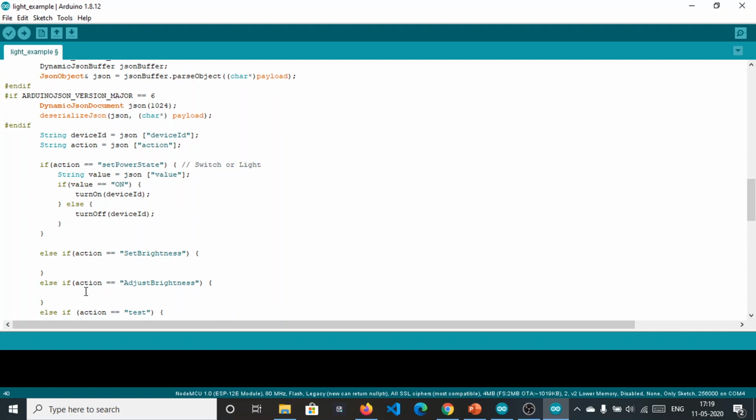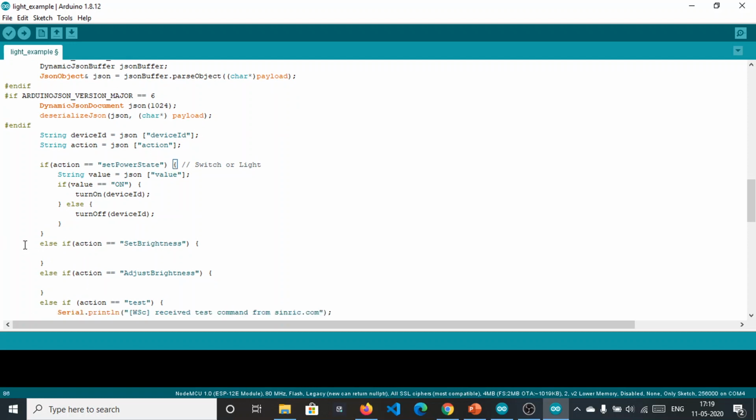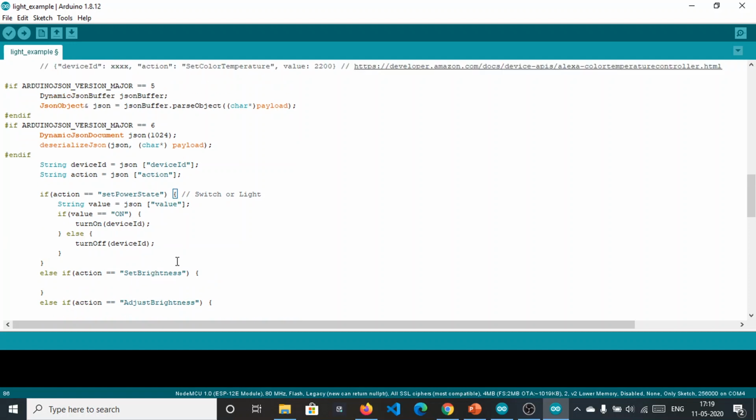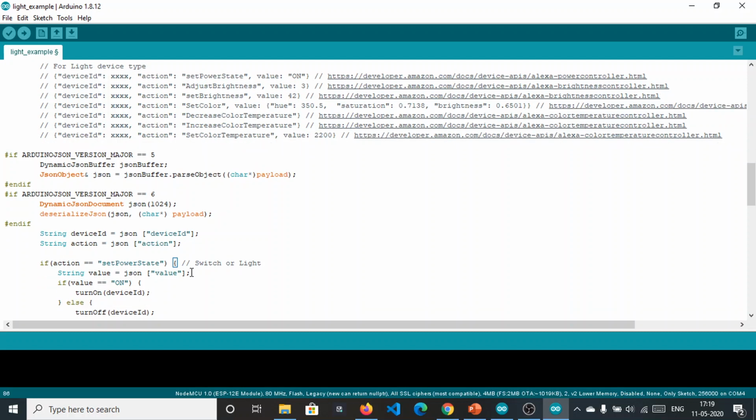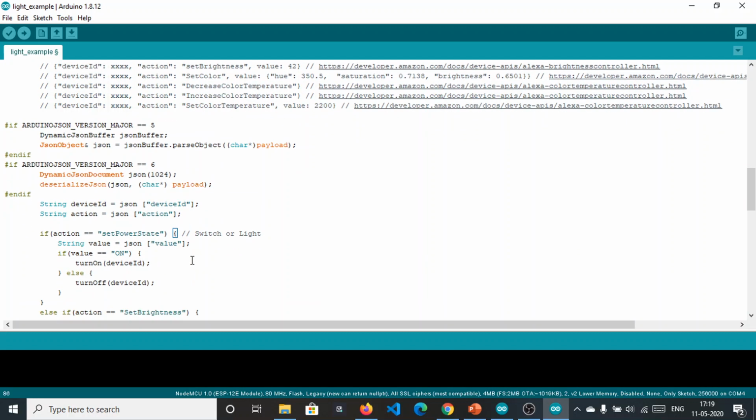Now these are the important ones, so you need to understand them carefully. If else if action is equal to set brightness, okay, the value returned is in this field, value. So we need to make our own value like this one.